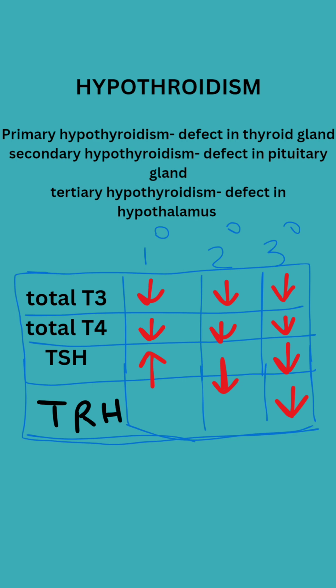In secondary hypothyroidism, we will see less amount of T3, T4 along with lower amount of TSH, because the pituitary is unable to release the TSH hormone, causing secondary hypothyroidism. In tertiary hypothyroidism, along with the lower amounts of T3, T4 and TSH, the level of thyroid releasing hormone from the hypothalamus will also be lower than the normal. And we will see lower amount of all the four hormones, that is T3, T4, TSH and TRH in tertiary